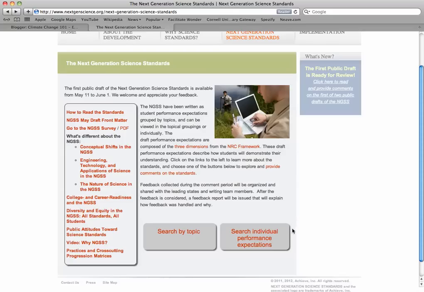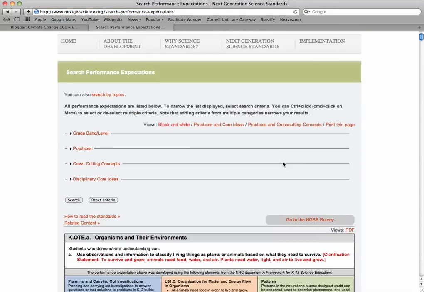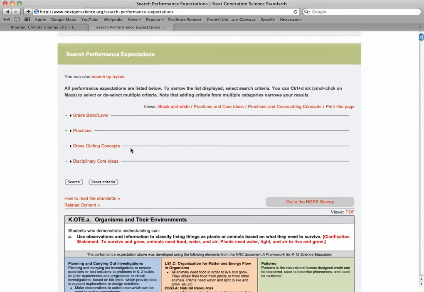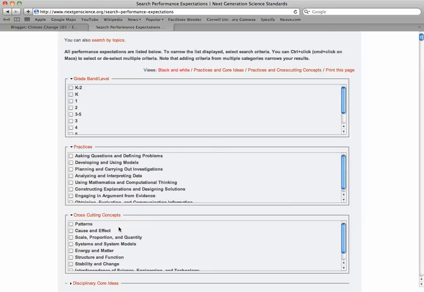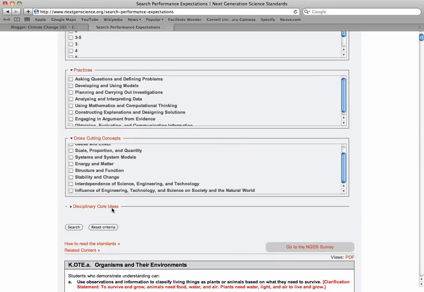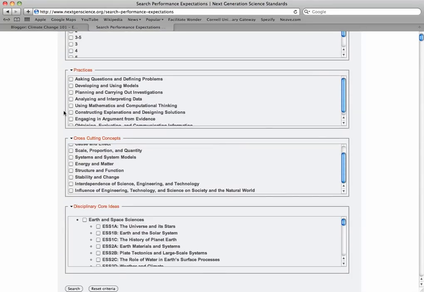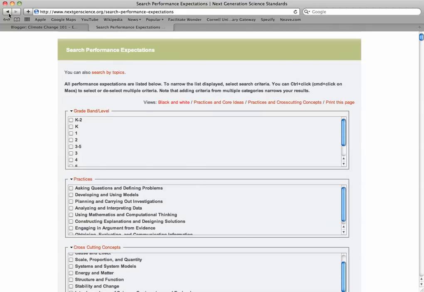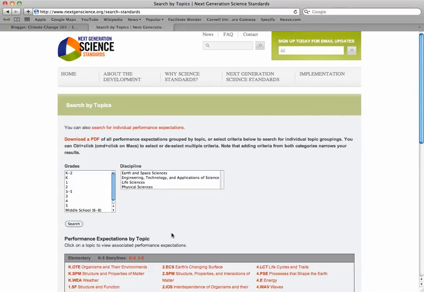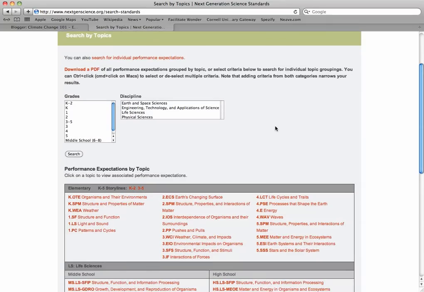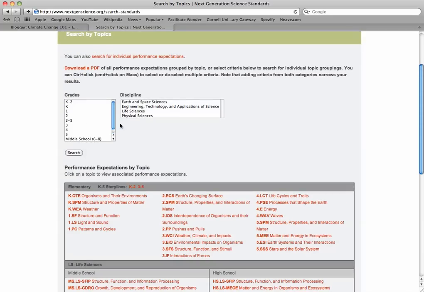When I first looked at this, I went here to search for individual performances and found that somewhat helpful, where you can expand and look at specific ideas, concepts, practices, grade levels, and so on. But I later learned that searching by topic is a more intuitive look, and I recommend that now that I've tried it both ways. Coming to this page, you can see that you can also search by grade level,